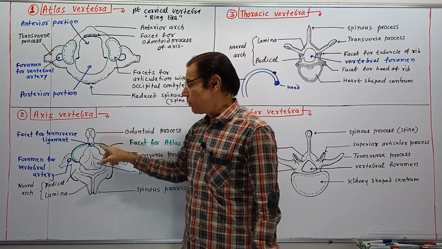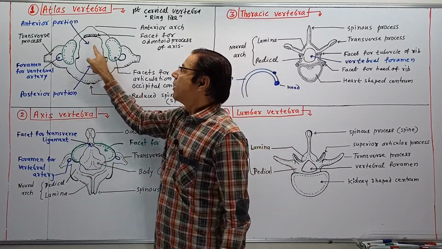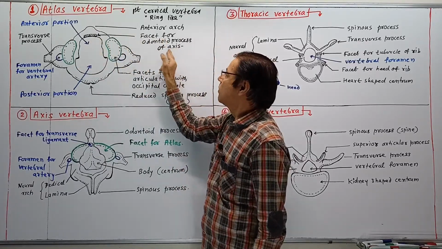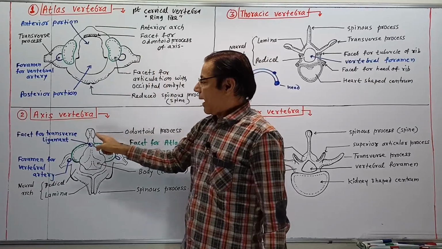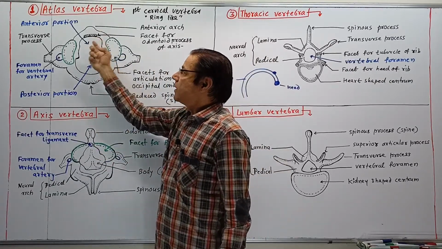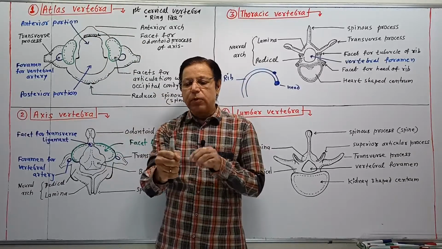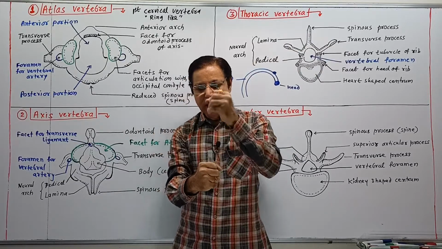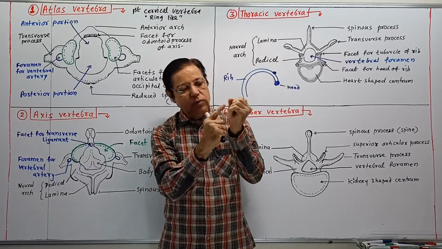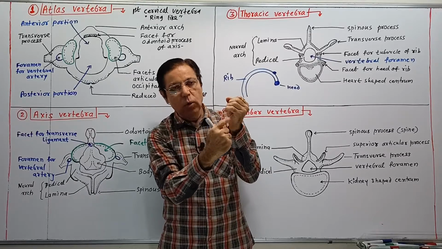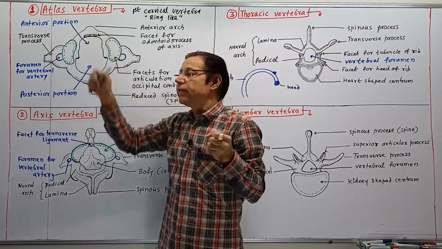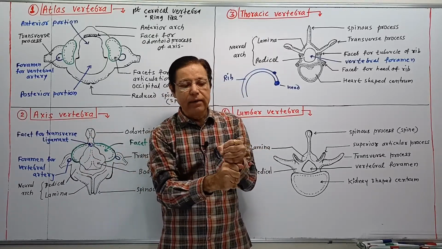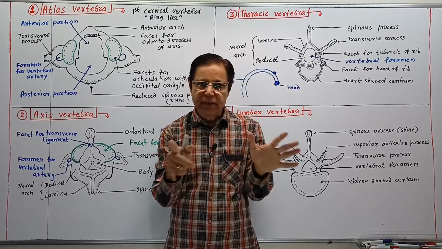This is the odontoid process of the axis vertebra, which gets fitted or articulated with the facet of the atlas vertebra. This is the facet for the odontoid process of axis. Axis has an odontoid process and the facet is on the atlas. Suppose this is the axis vertebra and the atlas vertebra is located above the axis. The atlas has, on its lower side, a facet into which the odontoid process, meaning the tooth-like process of the axis, gets fitted, and a pivot joint is formed.